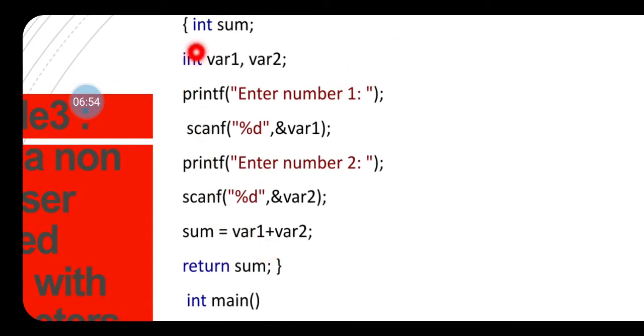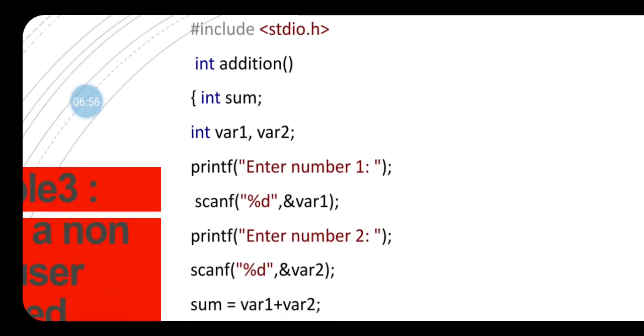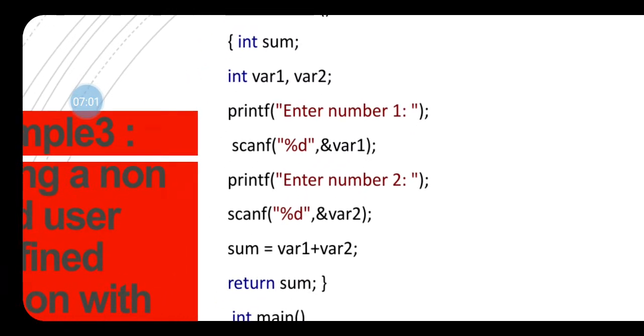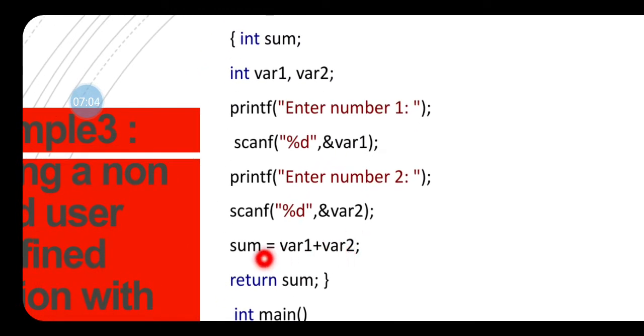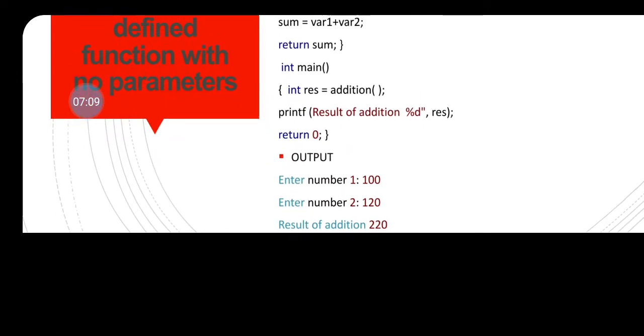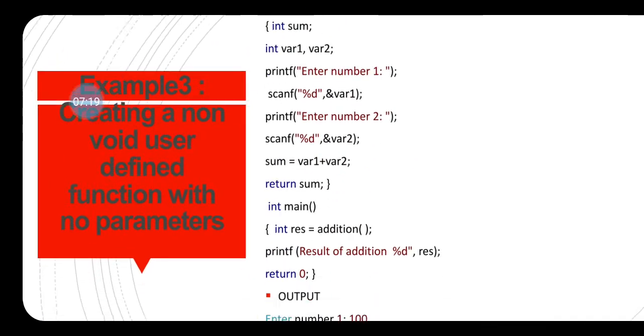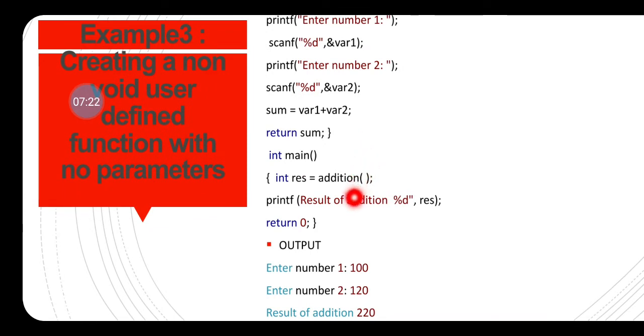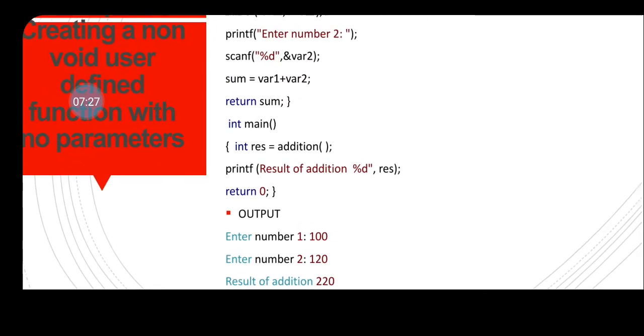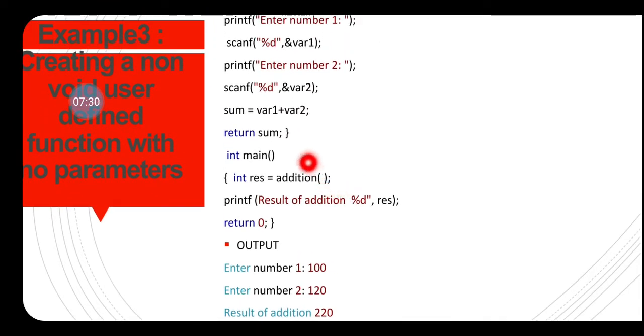Sum is of type integer, and the return type of this function is integer. That means at the end of the function we have to return an integer value. So we are returning the integer value, which is sum, over here. Now when you call this function inside main: integer result res is equal to addition. Now you are calling this function addition over here. Now the addition function is going to return something, so its calling will be in this manner: you call the function and you assign the value into a variable which will hold the returned value.